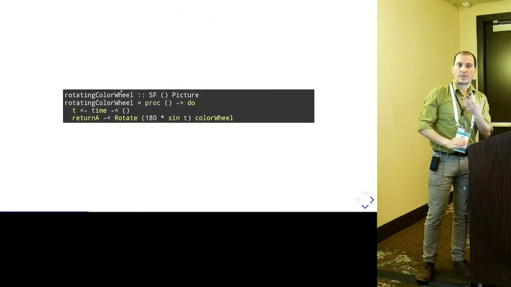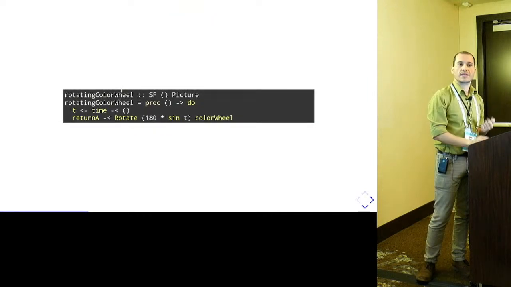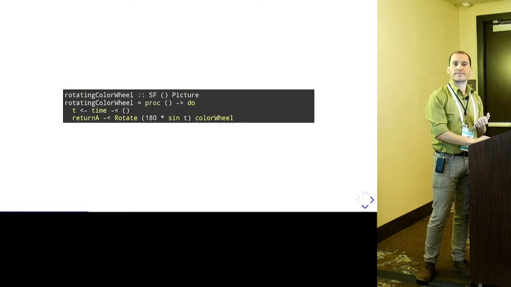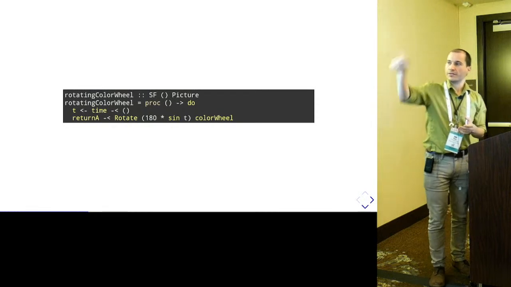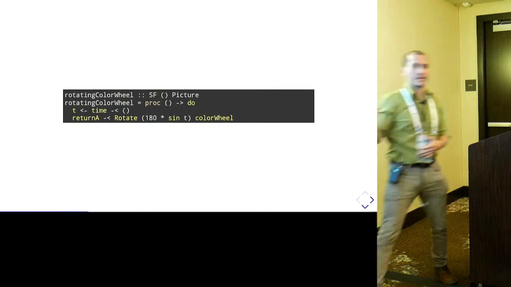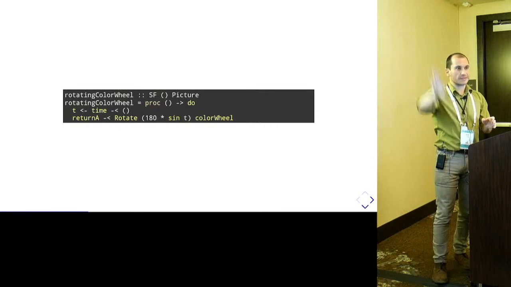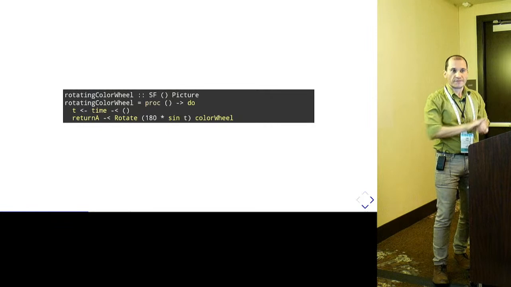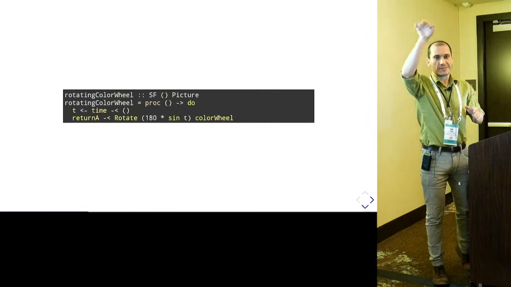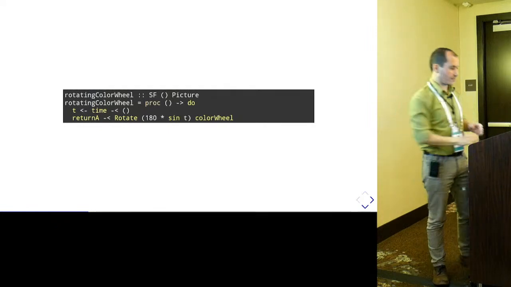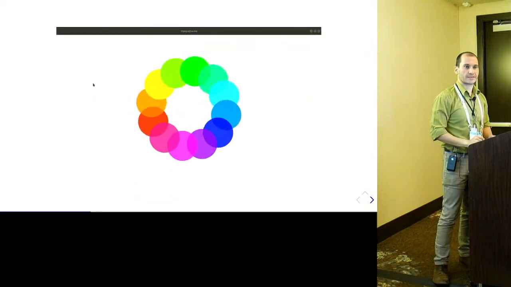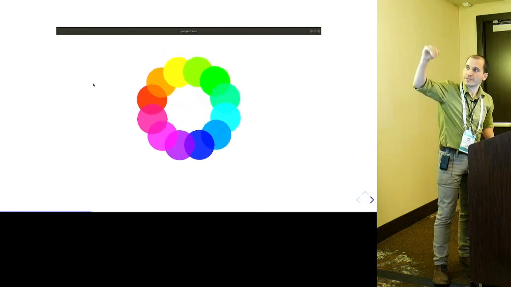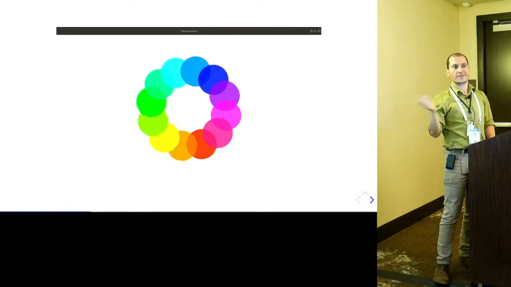But then you can apply the same transformation as you saw before and say, I'm going to rotate this thing by an angle proportional to the time. And in this case, instead of rotating all the time in the same direction, I'm going to apply the sine function. And when I apply the sine function, you know, the sine goes like this. So it's going to go fast in the middle and then slow down at the top, and then fast down and then slow down, and so on. So when you do that, if you play it, you get something like this. And it moves and then slows down, moves and then slows down, and so on.